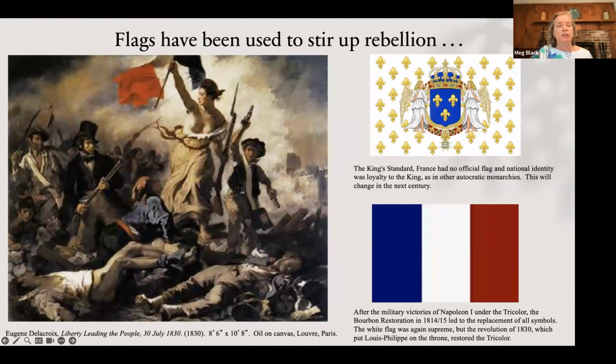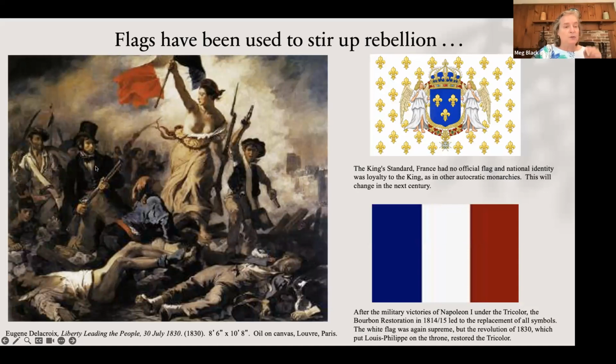And by the way, she is not only all over every Air France airplane route, but she's wearing a cap here. And her cap is the cap of a freed slave from ancient Rome. And it even has the symbol on it. Again, it's a little hard to see in these slides, but the symbol is in Latin saying, I'm a freed slave.